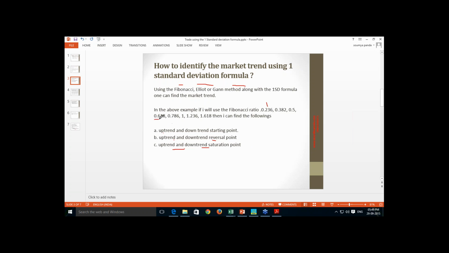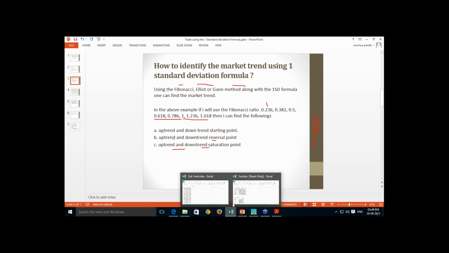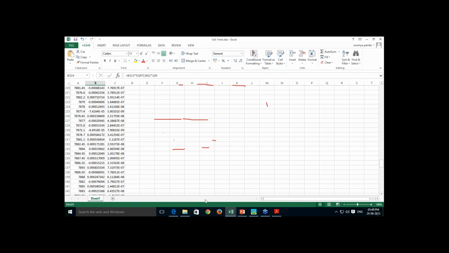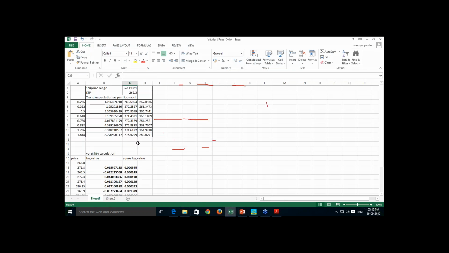Whenever the price is in the 0.618 to 0.786 range, we say that maximum reversal happens in this particular zone. If this zone or retracement level is successfully penetrated, you may aim for 1.236 and 1.618 retracement. So this is your growth zone, or as per Fibonacci, the trend saturation zone. As per this principle of Fibonacci and other things, I have utilized this one standard deviation formula here. So what I have done here, I have taken